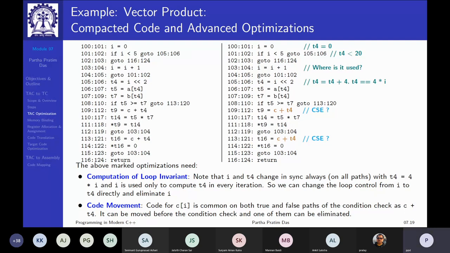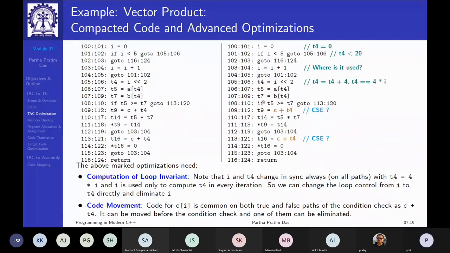using the computed value, because I cannot use T9 for T16, because if T16 is getting assigned, then T9 has not been executed. I said it has to happen on all control paths, right? And if T9 is being executed, then the T16 assignment is not happening. They're exclusive. But in that case, I can move this code up before the condition check and compute it in